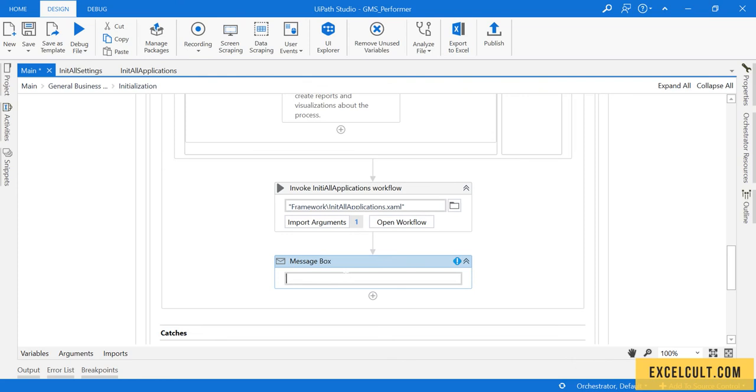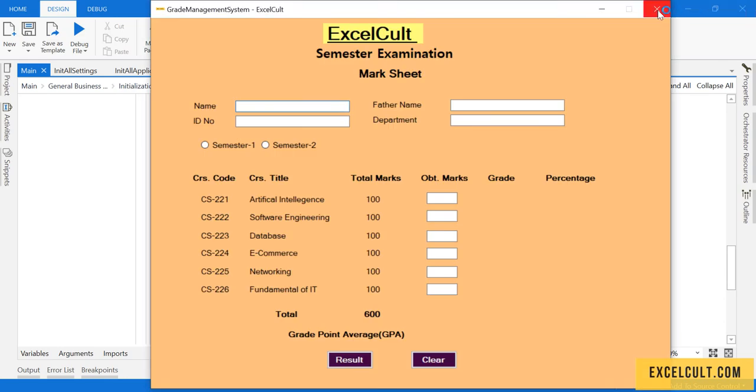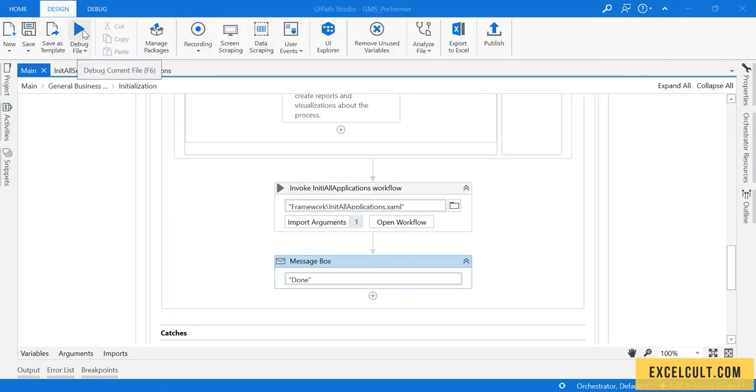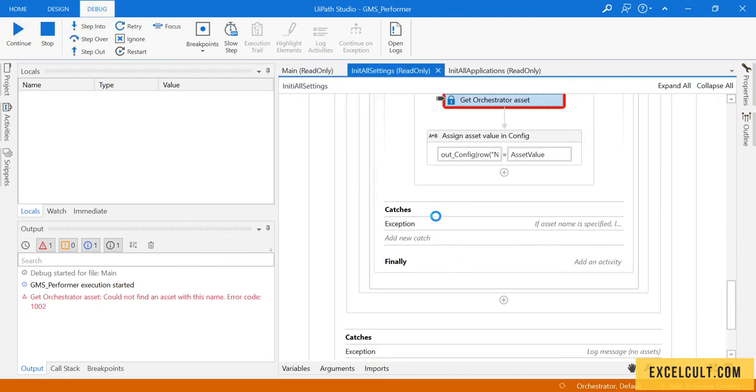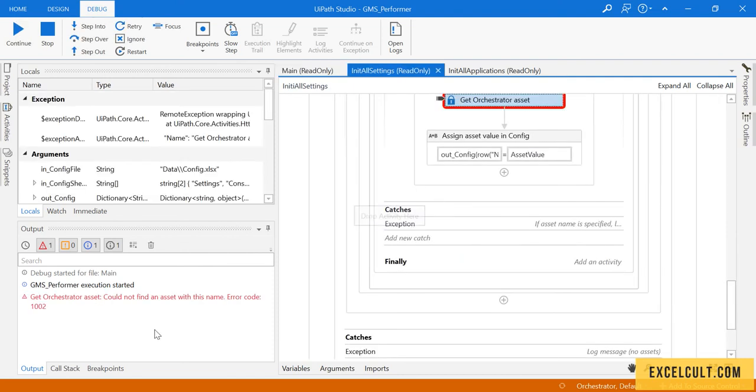Here, done. Okay, let me close this instance, debug. Okay, it has failed because could not find an orchestrator with the name. Just stop it,